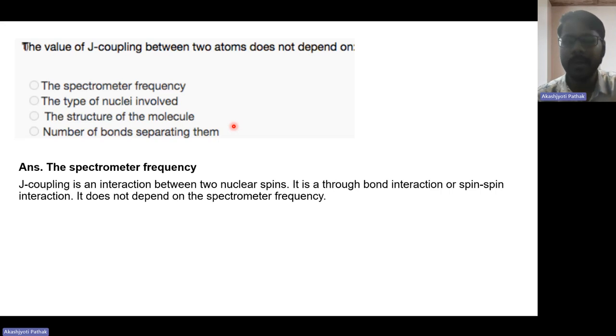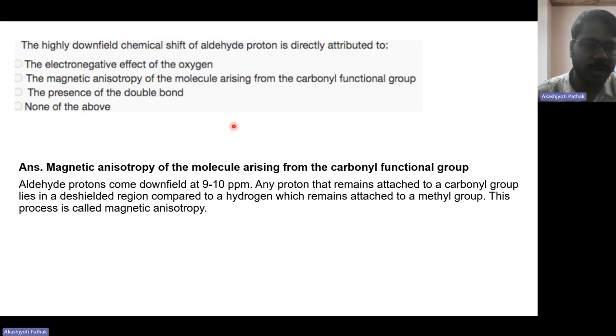So C13-H1 coupling will have a different value than H1-H1 coupling, and a C double bond C will have a different coupling, right? So it depends on the nuclei, but it does not depend on the spectrometer frequency. Now, the highly downfield chemical shift of aldehyde proton is directly attributed to